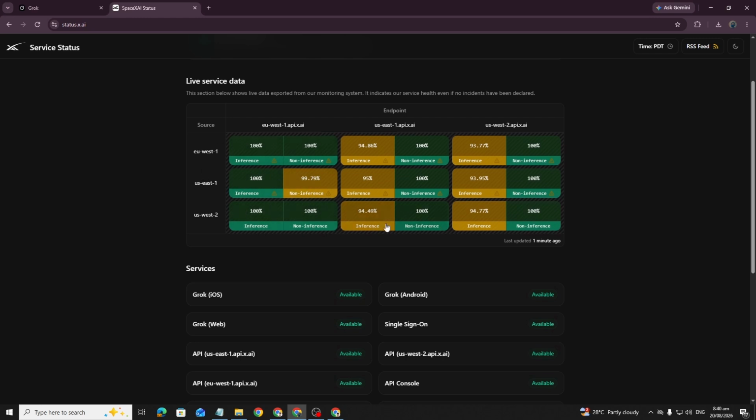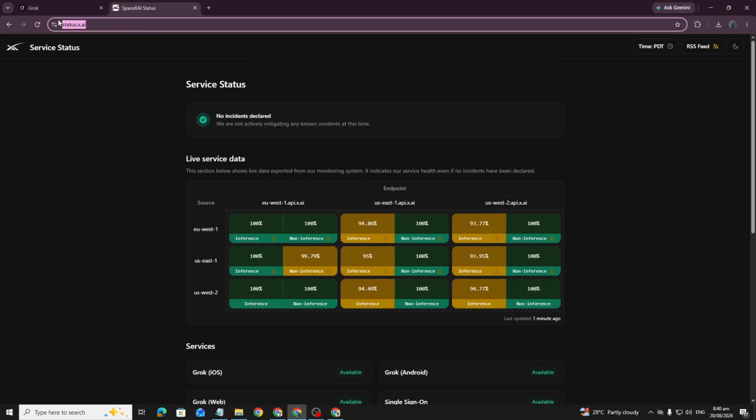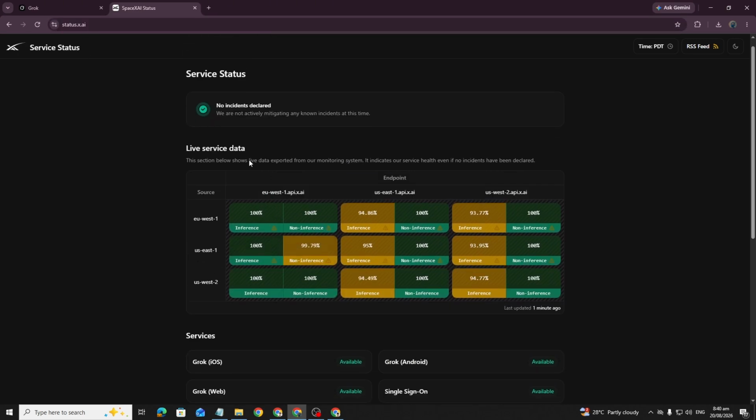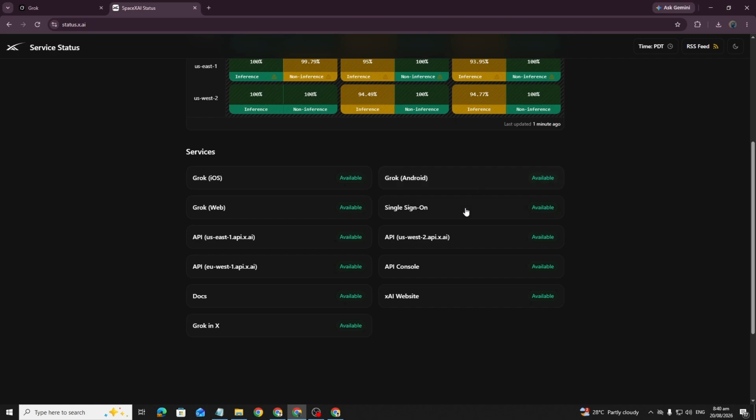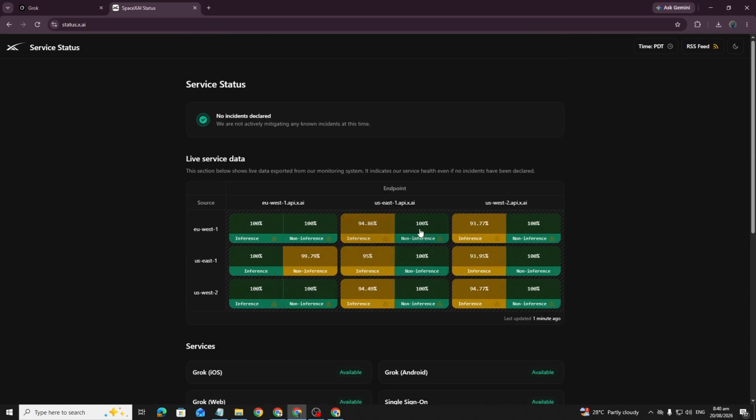To do this, head over to the official status page at status.x.ai. Once there, look for indicators related to Grok Web, Grok Connect, iOS, or Android. A green status generally indicates that everything is functioning normally. However, if you see a yellow or red status, it means there are known issues. In such cases, the best course of action is to wait and keep an eye on the updates provided on